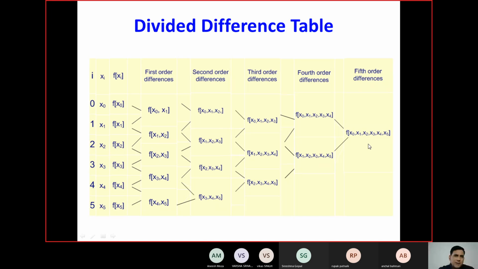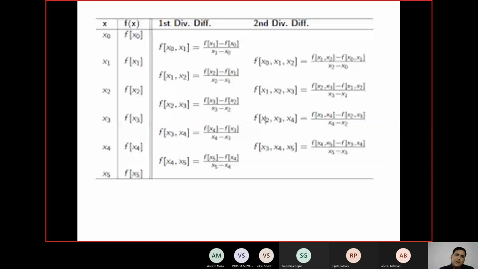Now this is another table. In the previous table you don't have the denominator part. Here you also have a denominator to understand what has happened from here to here. So first divided difference means you have calculated this minus that divided by this minus that, or you can do fx naught minus fx1 divided by x naught minus x1. That will not change anything. Either you do this minus that or the other, both are the same. So this is how the table helps you understand how you calculated your first divided difference, then the second divided difference. Fine.